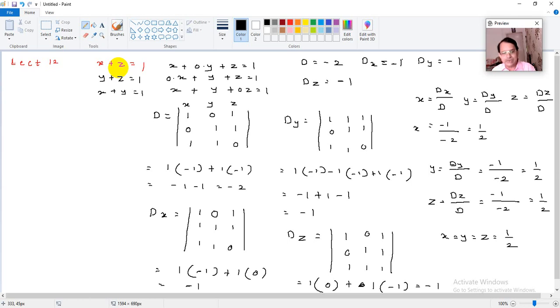These are 3 equations in 3 unknowns, but this idea we can extend to any number of equations. But the only thing is, the number of variables must be equal to the number of equations. See, if there are 3 equations,